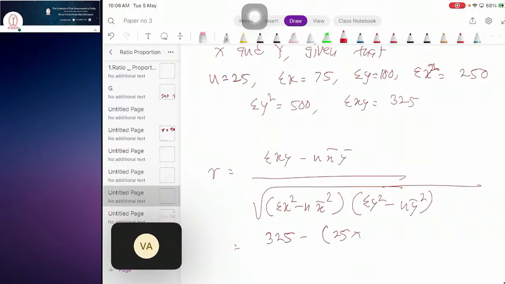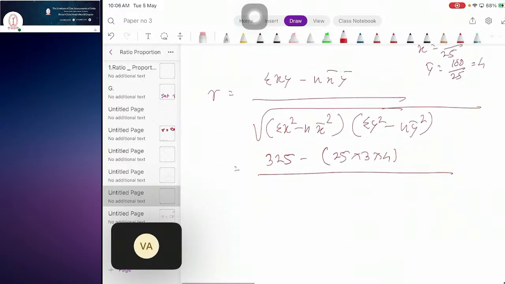Let's find the value of x bar. X bar is summation of x upon n, 75 upon 25, so that value is 3, into y bar. Y bar is summation of y, that is 100 upon n, that is also 25, so that value is 4, divided by